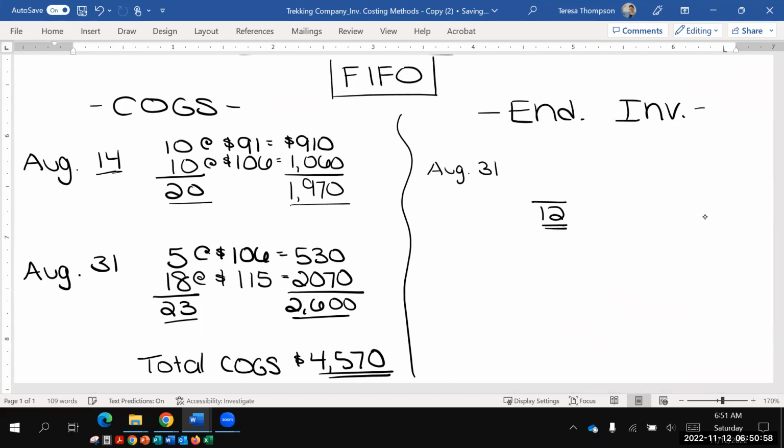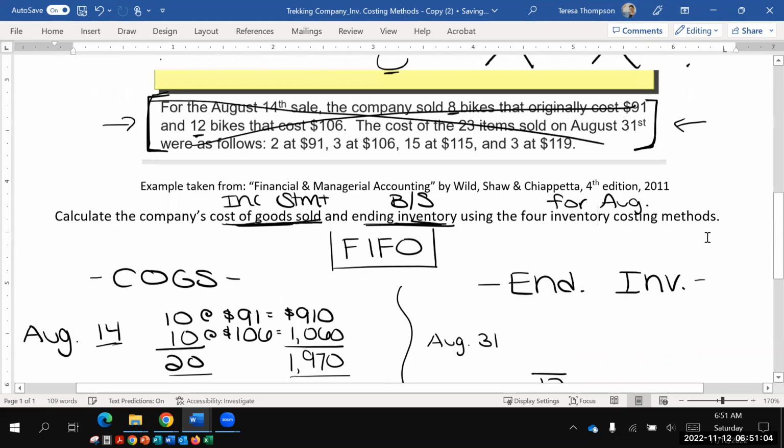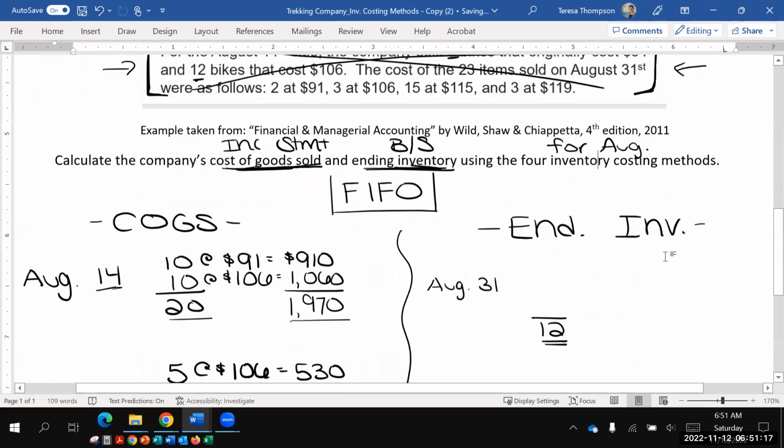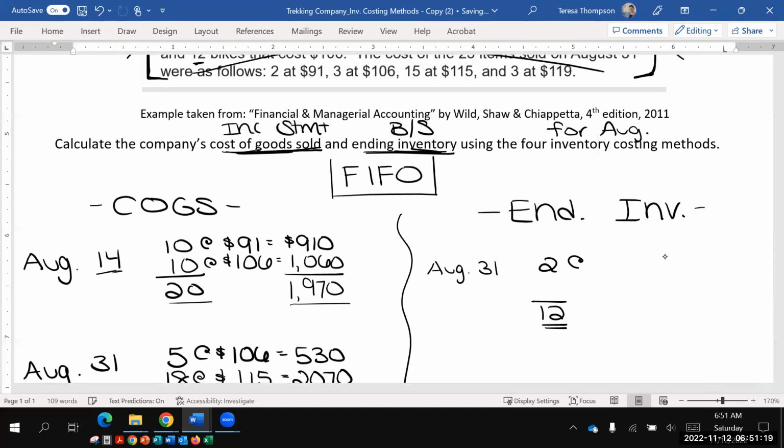I say, this is what we need to end with, and let me gather my units and their respective costs until I get there. So August 1st, all those were gone. August 3rd units are gone. We only took 18 of the 20, so we have 2 units left. 2 at 115. Okay, so 2 units at 115